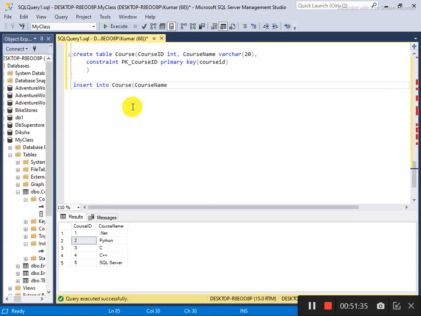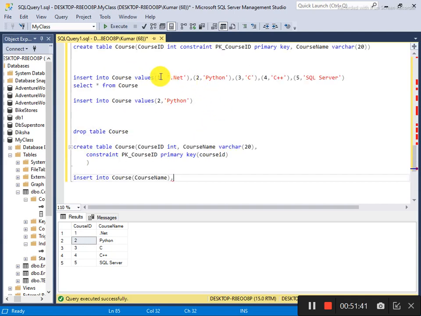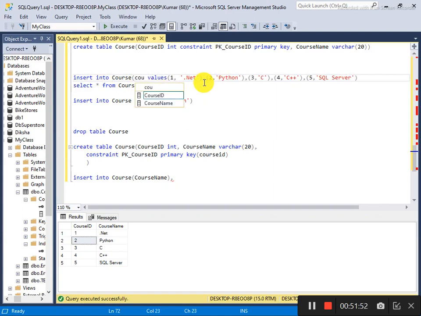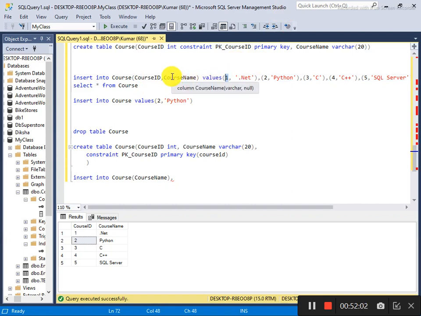If you do not declare, then you have to supply all the values, like earlier I gave all the values, course ID and course name. Here I am not giving any specific column names for the course table, otherwise just after this I would have to put course ID and course name, and you have to follow the same sequence for the values. If you write course ID first, then you have to put its value first. If you write course name second, then course name would be in the second place.